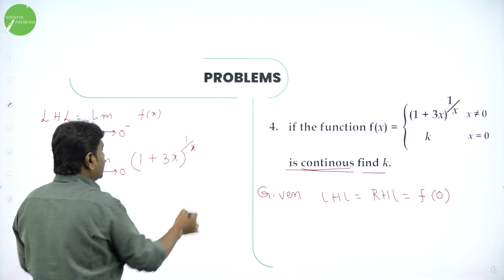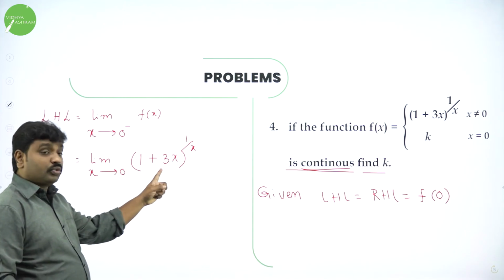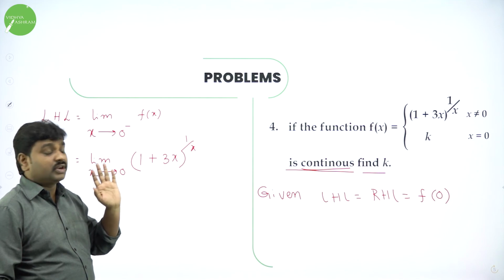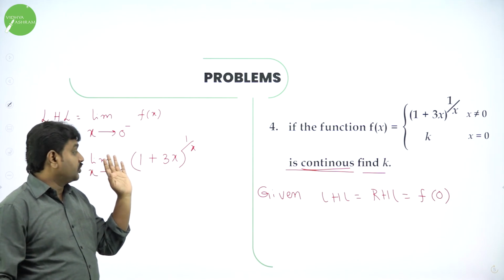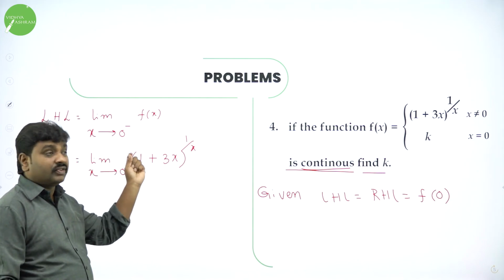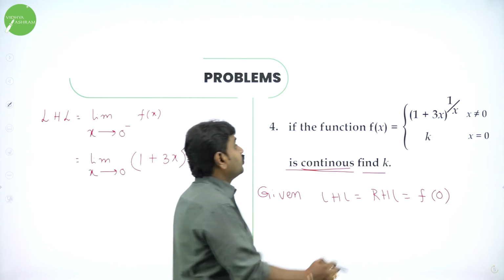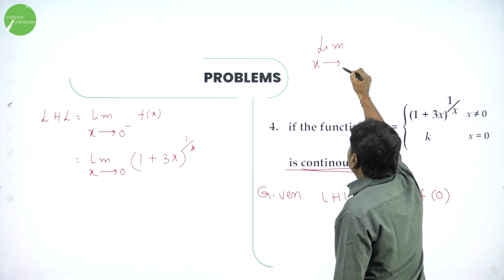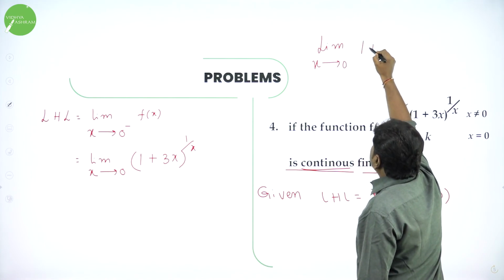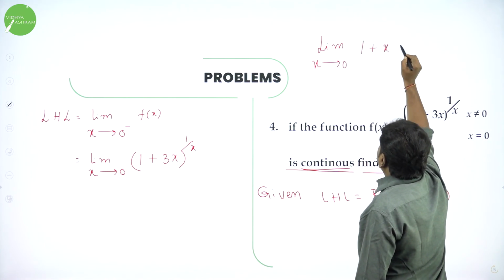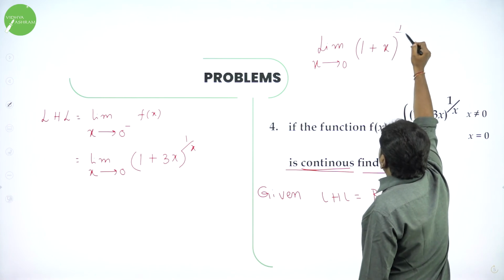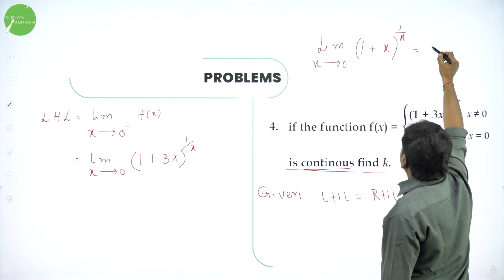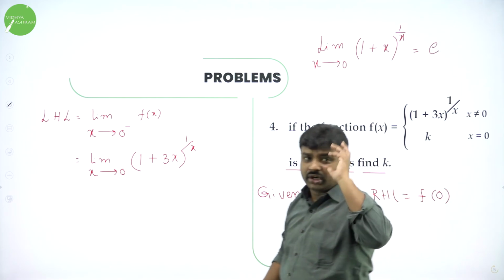I taught you how to apply limit for this. Now in the place of x, if you put 0, it will become indeterminate. It will become 0 power infinity, which does not take 1 power infinity like that. So we should not put x as 0. So we should convert it into nearest standard form. So already I taught you what is the standard form. Limit if x is tending to 0, and if you have 1 plus x power 1 by x reciprocals, and x is tending to this, if they are same, answer is what? E. That's what I taught you.